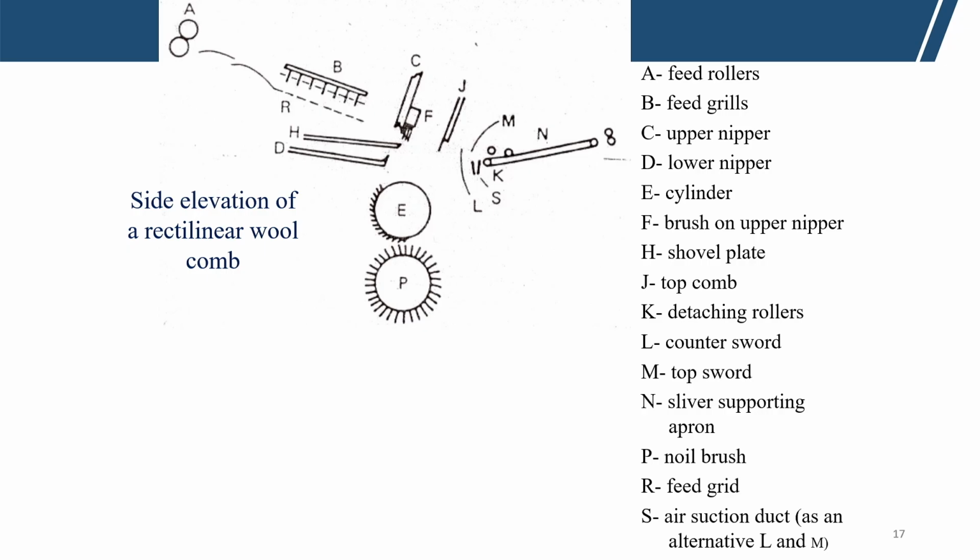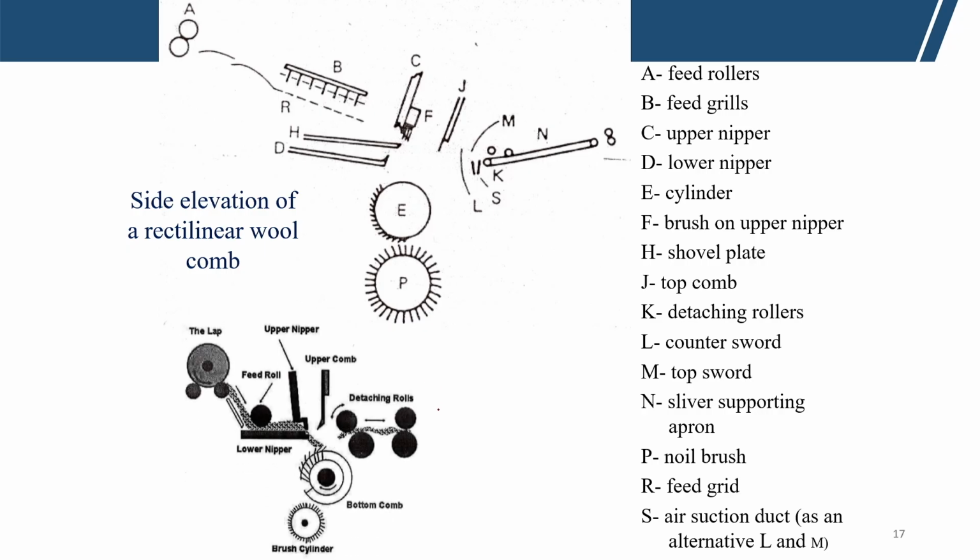Now, A is a feed roller, B is a feed gill. So, this is the short staple cotton combing, and this one is wool combing. Feed gill and upper nipper, this is the upper nipper, and here this is the lower nipper, and here we can see that R is the feed gill. So, we have a feed gill, that one surface with the pins, and feed